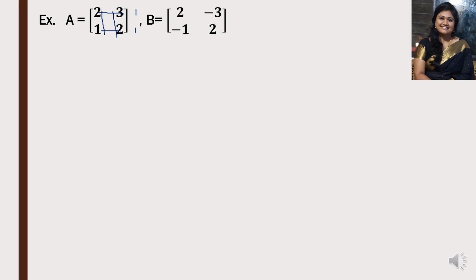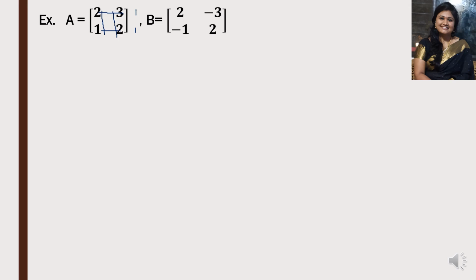So it contains 2 rows and 2 columns, meaning the same number of rows and the same number of columns. So the matrix is a square matrix. So the first condition for a matrix to have an inverse is satisfied, that is, the matrix has the same number of rows and columns, the same order.